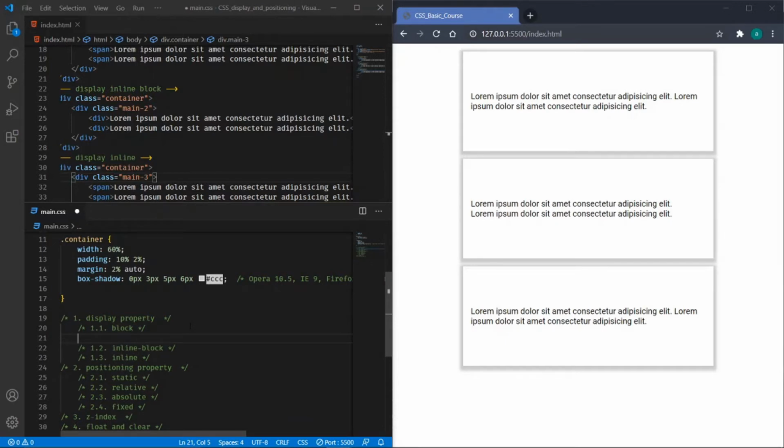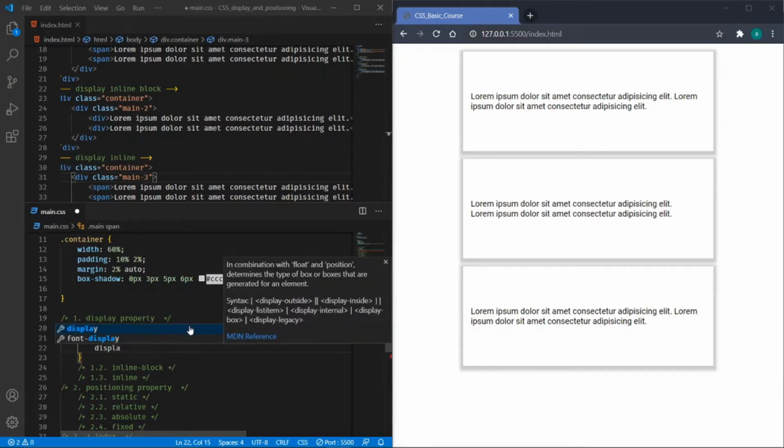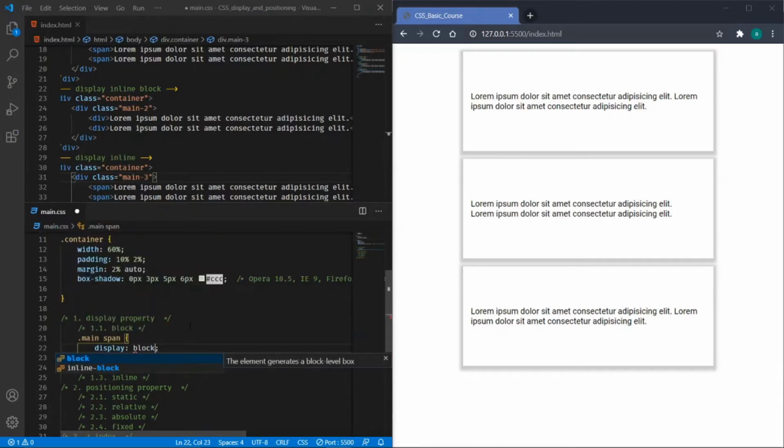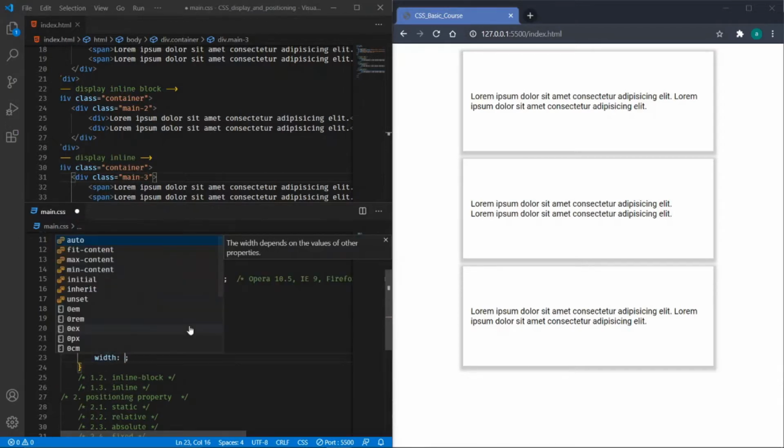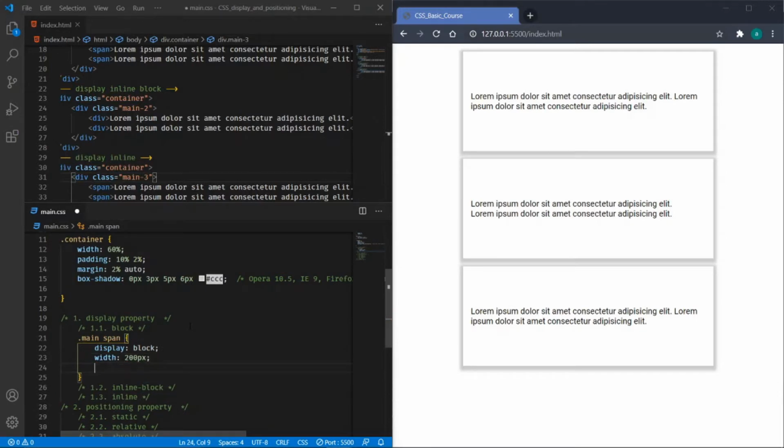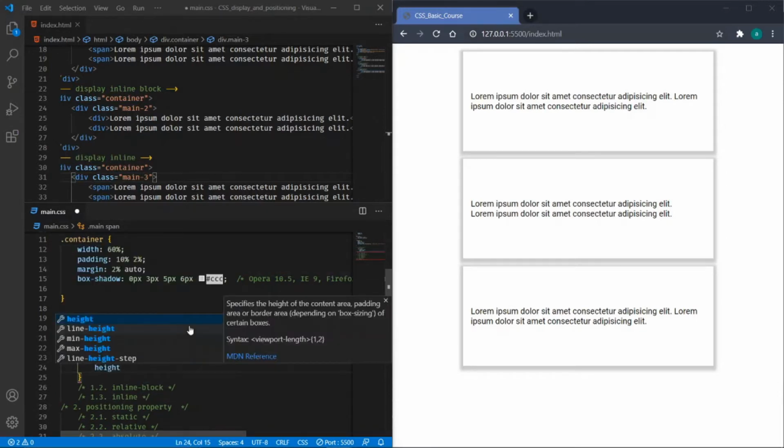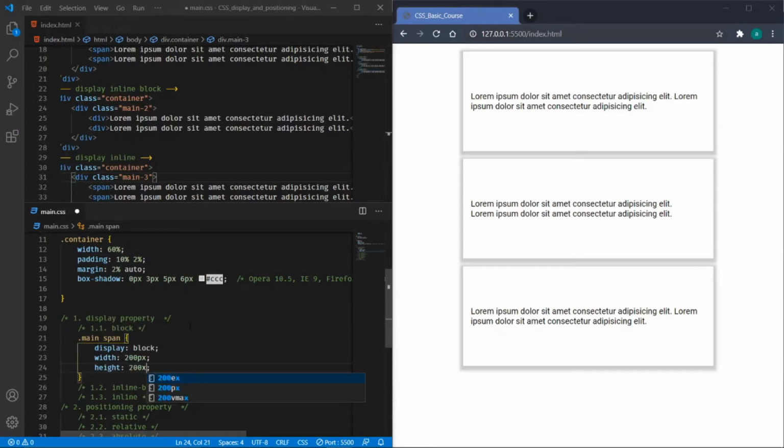So I will code for the first one, that is the block level element. What I am doing here is converting the span, that is the inline level element, into a block. I will use the display block property. Display block, I will give it some width and height, 200 by 200 pixels, and a border of 1 pixel, just to have a clear glance at how it is working.